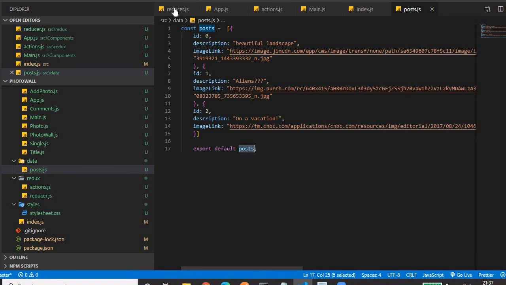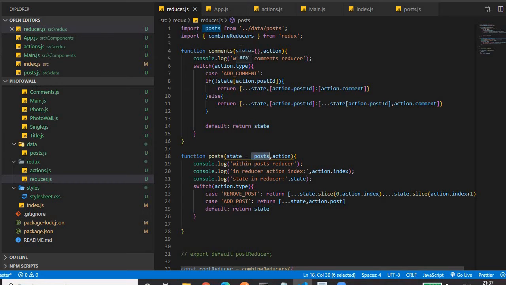But for comments, the state is not an array, it is an empty object. Then we have the same switch statement. If the action.type matches this one, then this will be executed. If it does not match anything, it will return the default state.